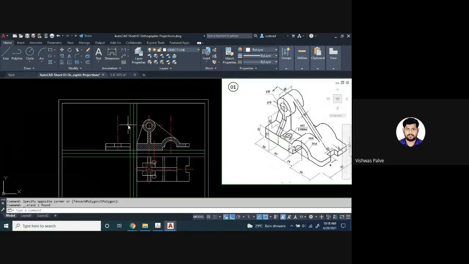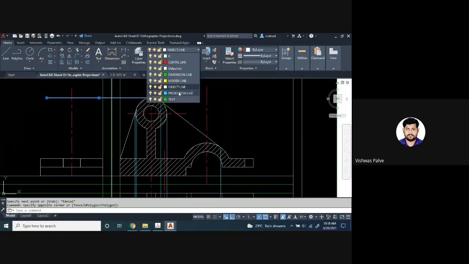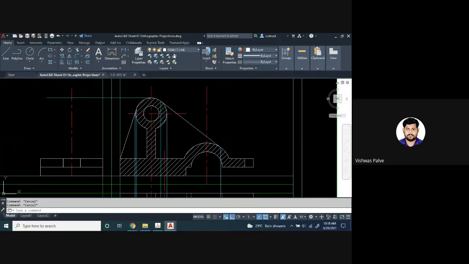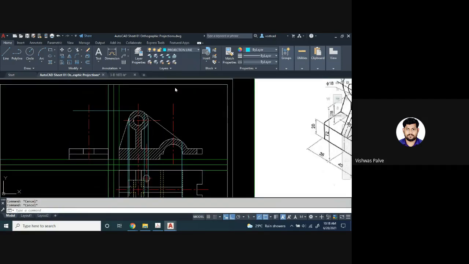So this cylinder, I will take a projection of that cylinder. For that, I will just switch on my projection layers. Horizontal line. From here, I will take a projection, convert this into projection line. L enter. From here also, I will take a cylinder. With the help of this projection line itself, I can draw.